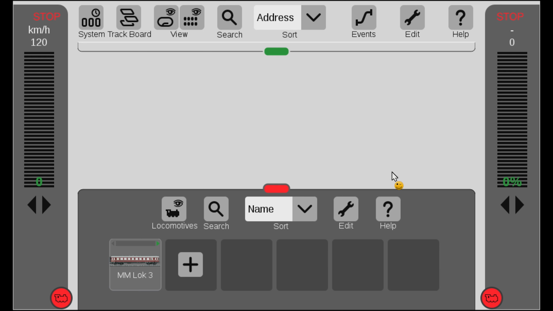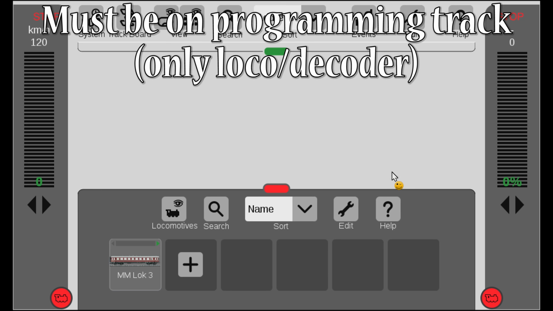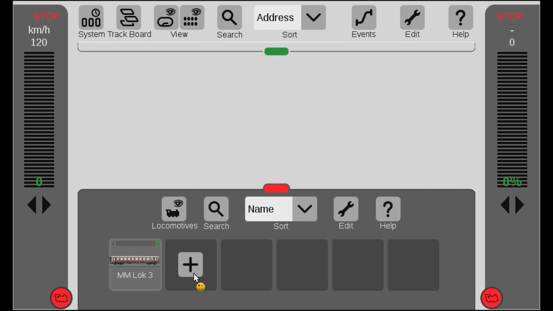Well, in order to change the address, there's two things. First, I need to have the locomotive in the Central Station tree with the currently known address, and I have to have it on the programming track. When we need to add the locomotive, remember I can go down here on the plus, I can hit edit,